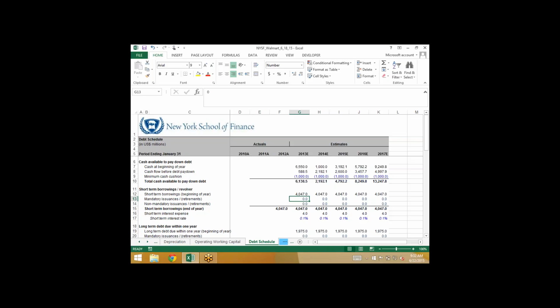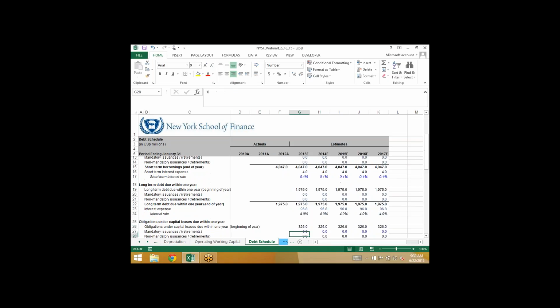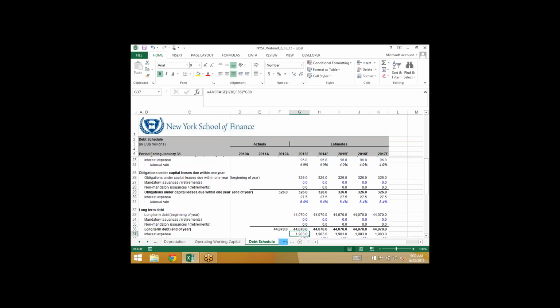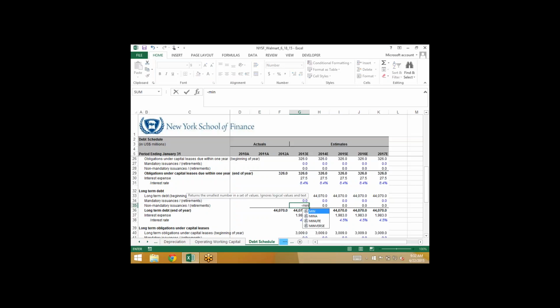Let's test it, right? So let's say short-term borrowings revolver. I'm going to do negative. Well, let's just do it in the long-term debt, because I want to show you that it gets to the same thing that we did before. So 613.5, I'm going to go 0. In the non-mandatory, negative minimum, open parentheses, the long-term debt, cash, debt, cash, same thing, comma, the cash,